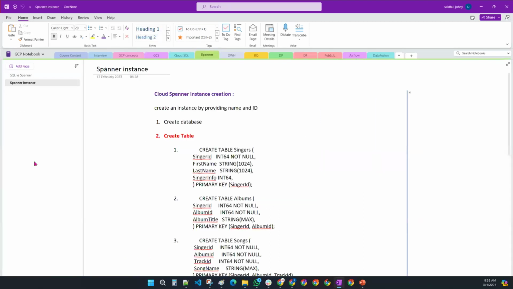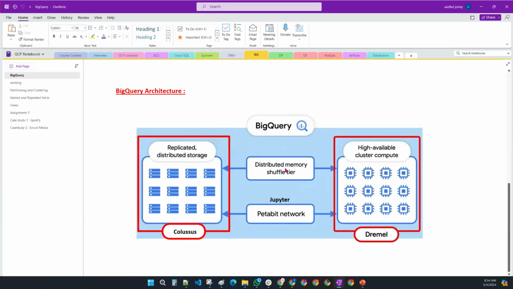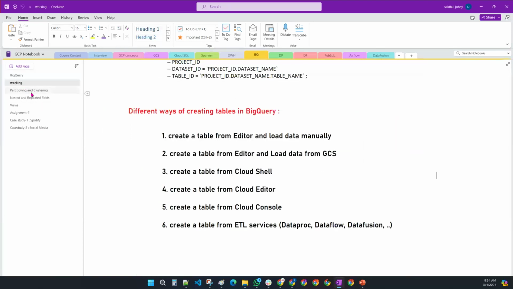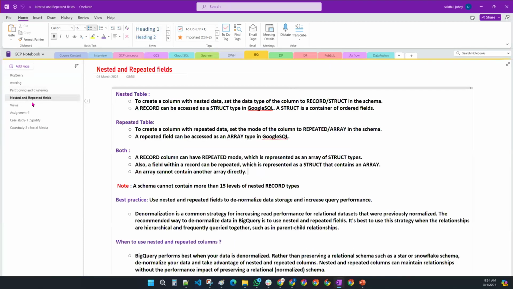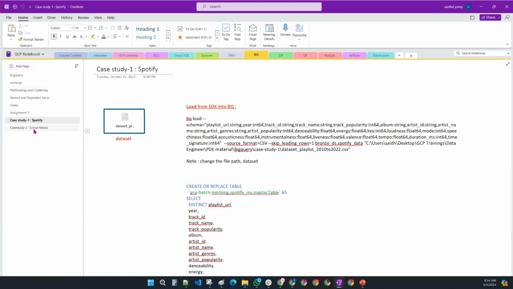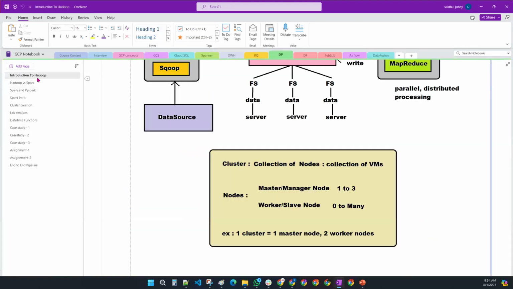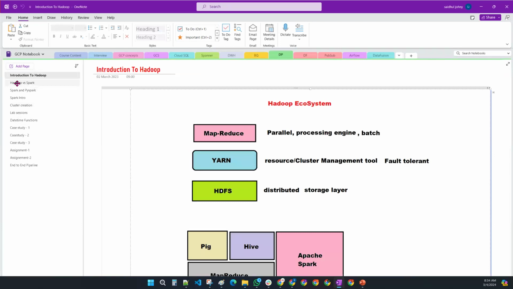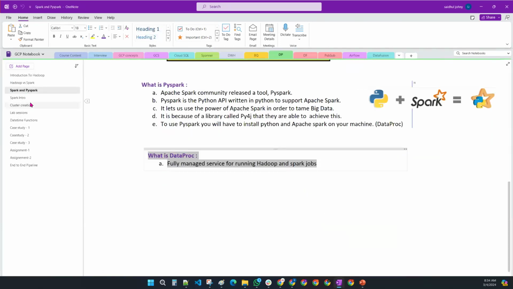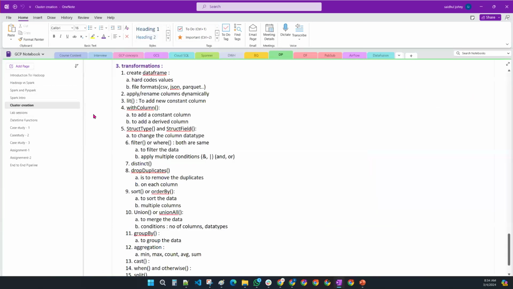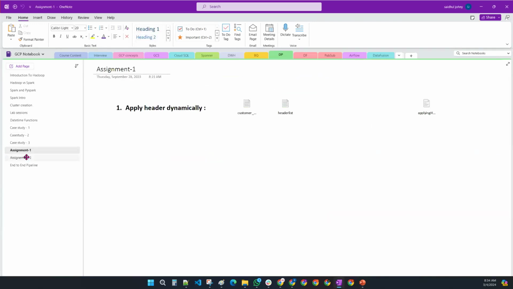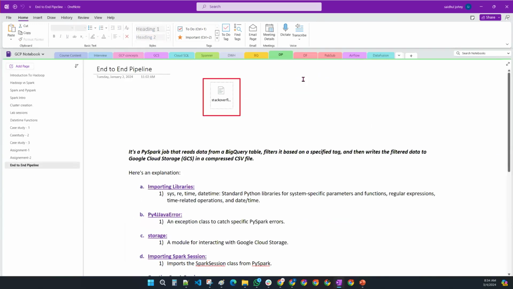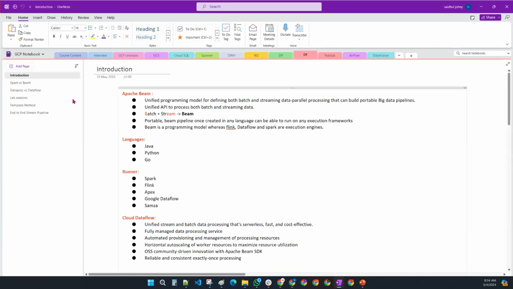And Cloud Spanner, BigQuery. Working with BigQuery, partitioning and clustering, all the important aspects are covered. Nested fields and repeated fields, views, assignments, case studies, Dataproc, introduction to Hadoop and Spark, Hadoop versus Spark, Spark introduction, cluster creations, lab sessions, case study 1, case study 2, case study 3, assignment 1, assignment 2, end-to-end pipeline, Dataflow introduction,